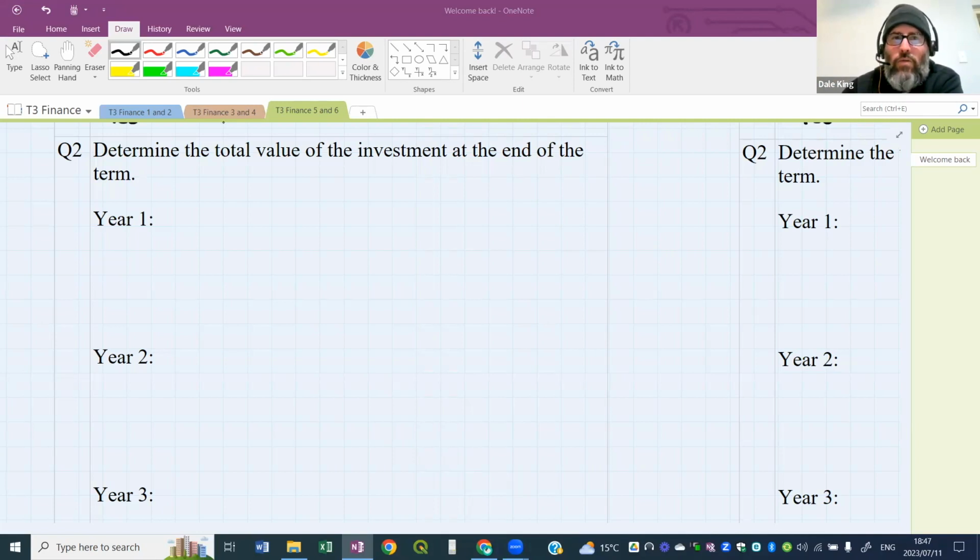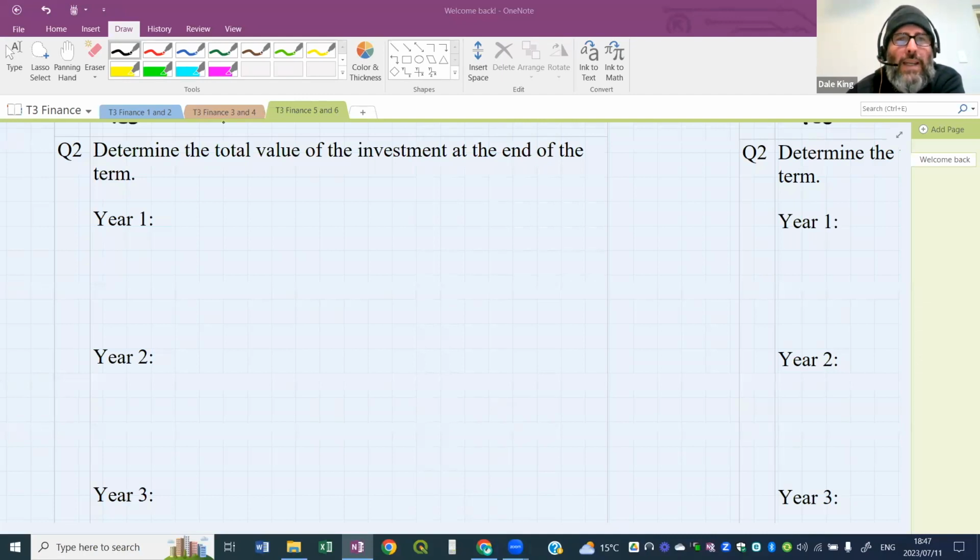You can think of a formula in your head, and how the formula works is important in terms of understanding, but we're not expecting you guys to memorize or know how to use formulas. Okay, so these days the calculations are all step by step. So that's why I've got you year 1, year 2, year 3. We're going to do 3 different calculations and then get a total at the end. All right, so we're not going to use the formula anymore. Okay, so what you'll see how it works now.